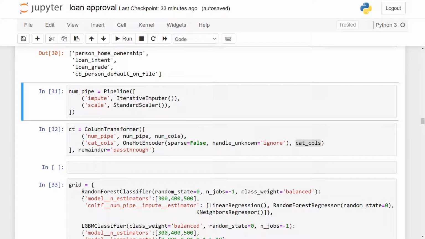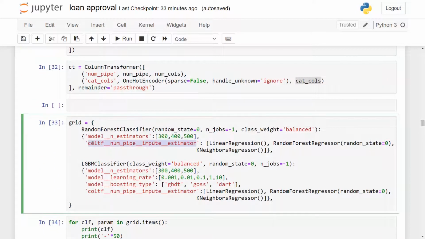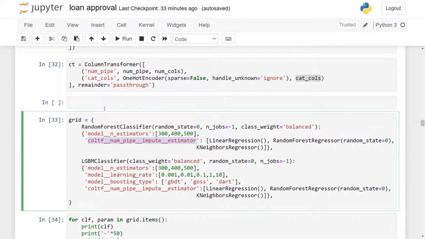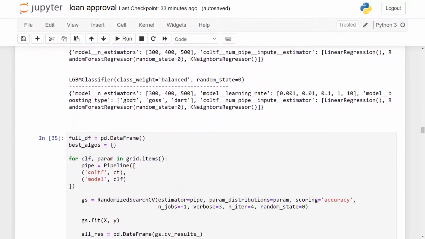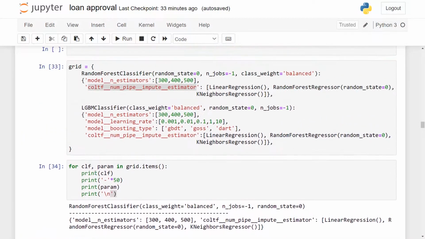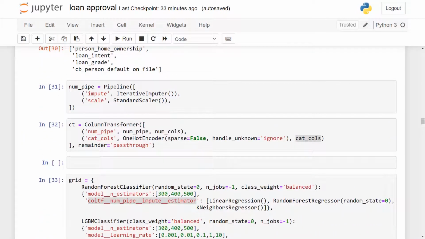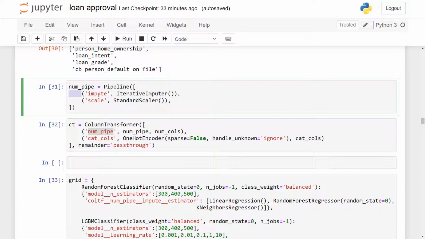So how do we get into this? Well, first of all, we need to go into the column transformer, because this is the pipeline, this pipe. So we first need to go into the col_tf column transformer, and once we are in the column transformer, we need to go into the num pipe, right? Once you enter the num pipe, we need to go into the impute step.